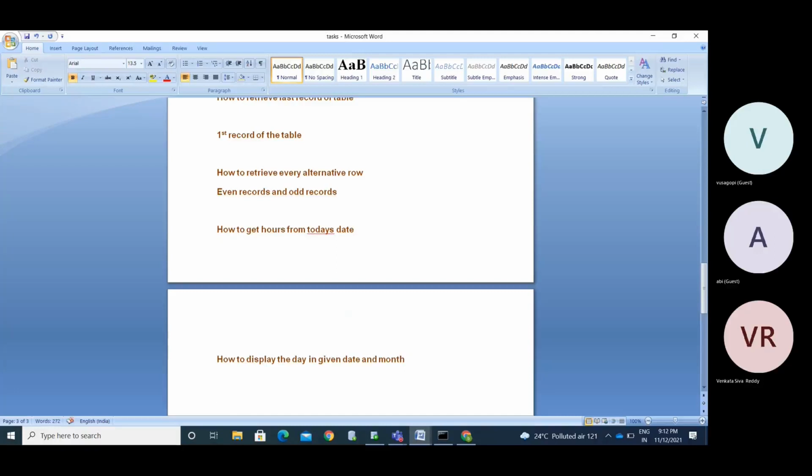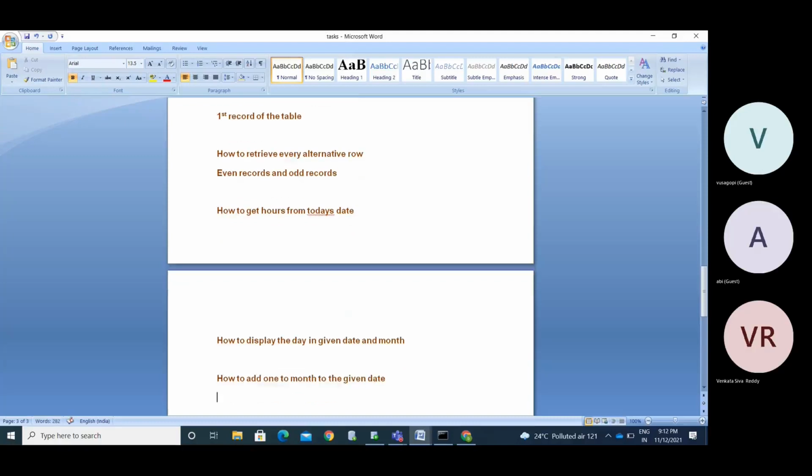How to add 1 month to the given date. How to add 1 month to the given date.